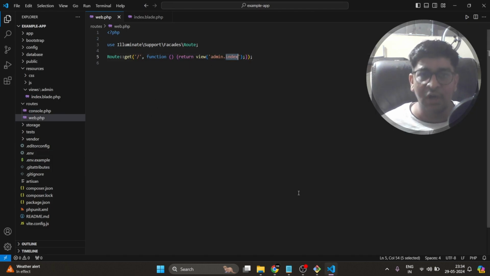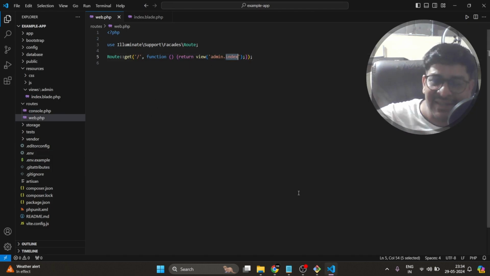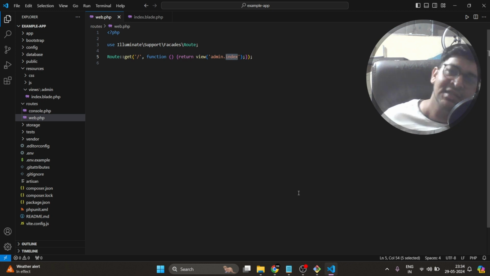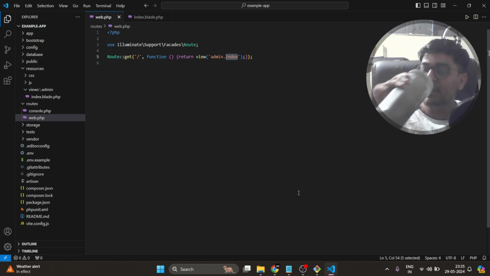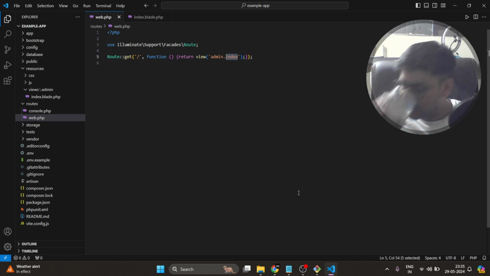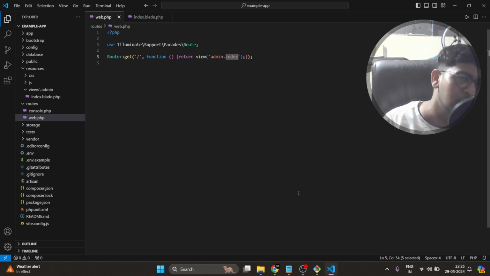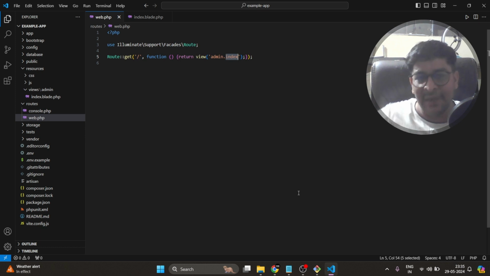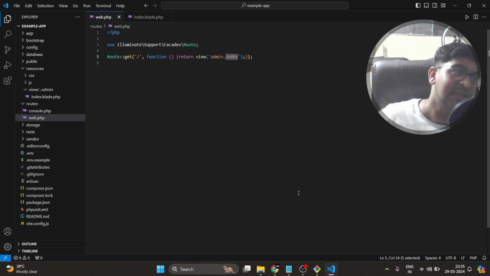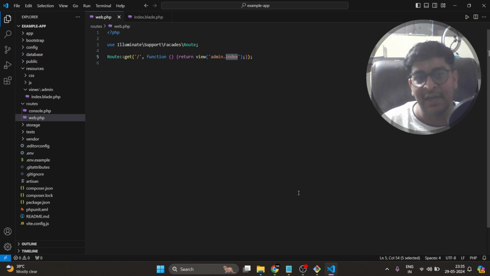So what is this dot helping me with? It is parsing the directory. If I have to go inside a directory, I can separate it by the dot. In Laravel interviews this is asked: if you are in the view file and you have to pass the view file by directory, what will you do? If some file is inside a particular directory and we go with the view function, we can directly use dot.